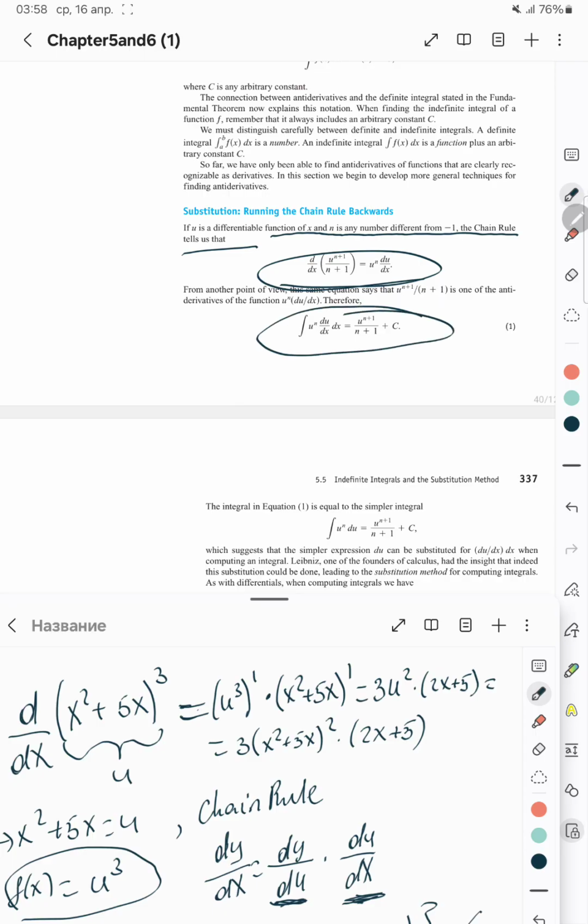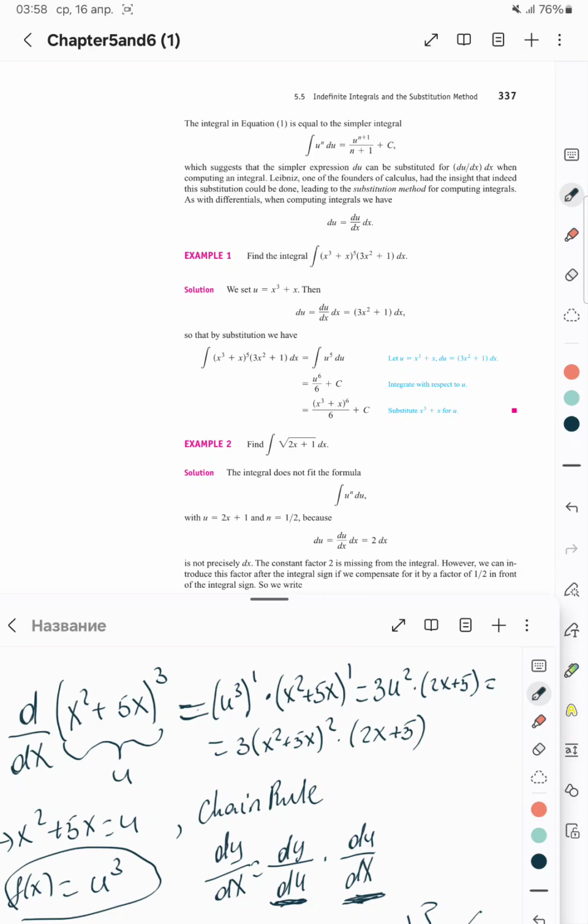So we know this too. So this is the rule. Let me just jump into substitution rule. For example, in this example 1 here,